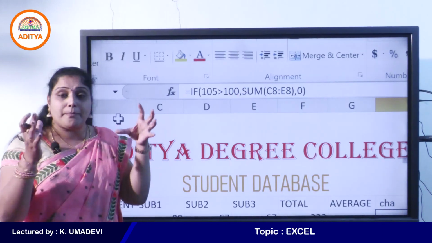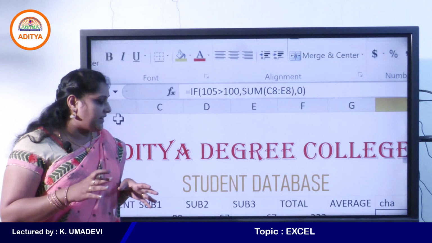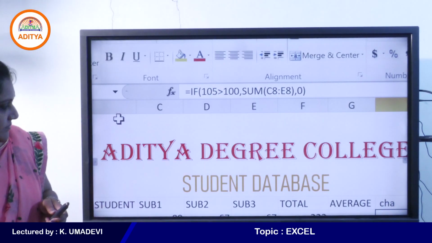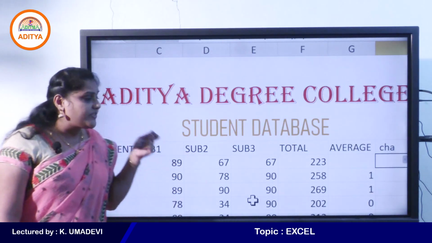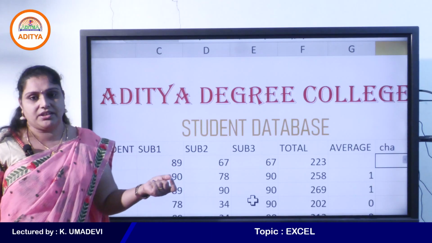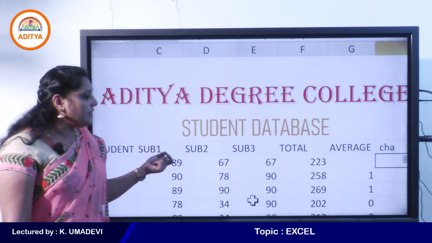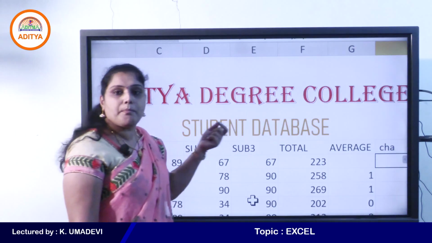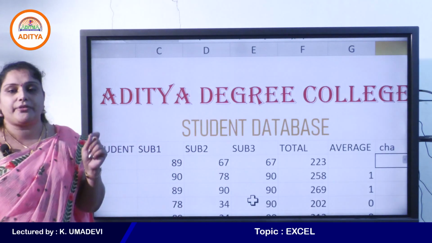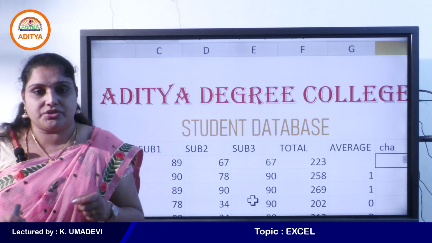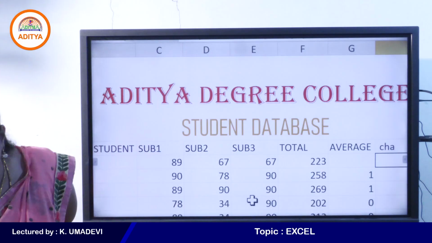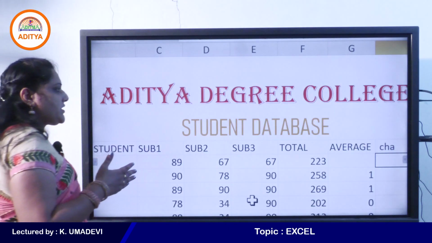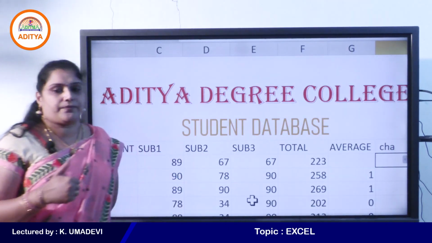Now I want to check multiple conditions at a time. For example, here I would like to print pass or fail based on all subject marks. If the student secures more than 35 marks in each and every subject, then his or her result will be pass, otherwise the result will be fail. So is it possible to check multiple conditions using IF? Come on, guess the answer, students. Instead of true and false, we use other functions inside IF.